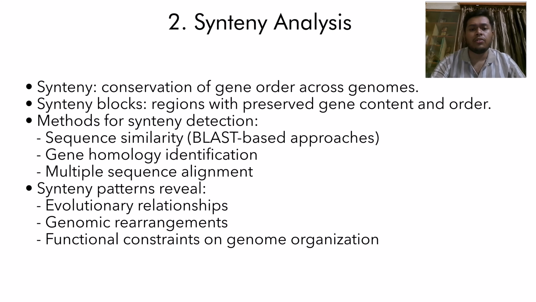The conservation of gene order over evolutionary time is not a given. Random genomic rearrangements would be expected to shuffle gene order over time, unless there are selective pressures maintaining synteny. Such pressures might include functional constraints like operons, though these are rare in eukaryotes, co-regulation of genes, or physical interactions